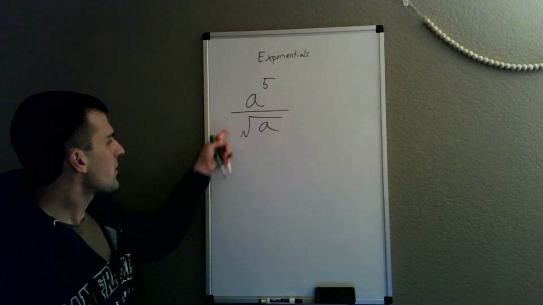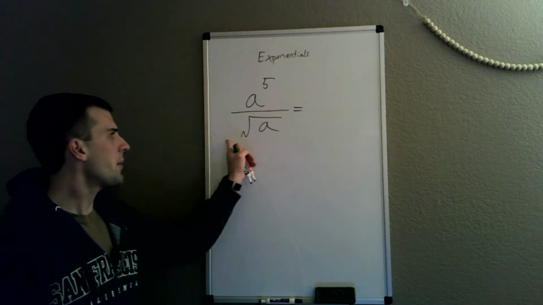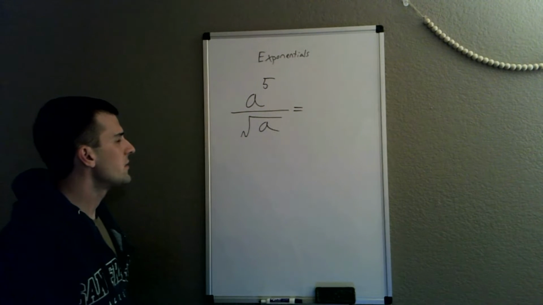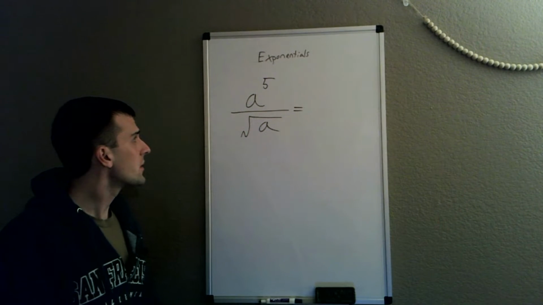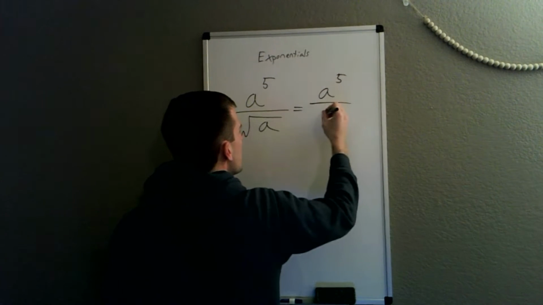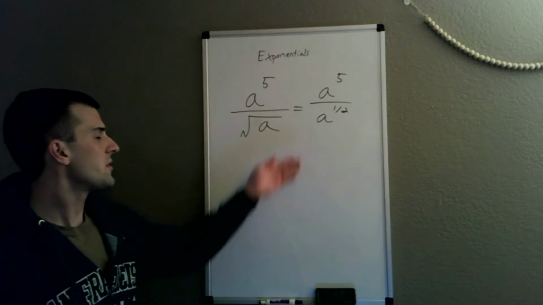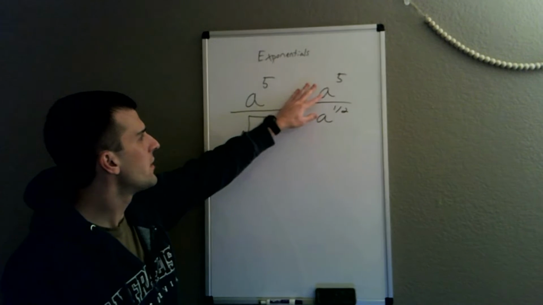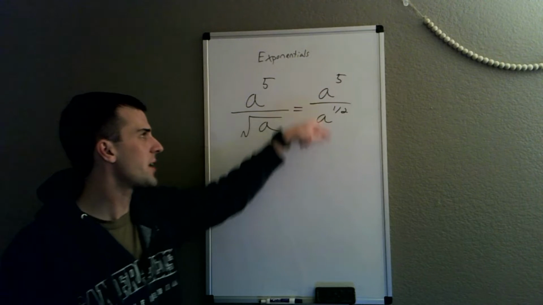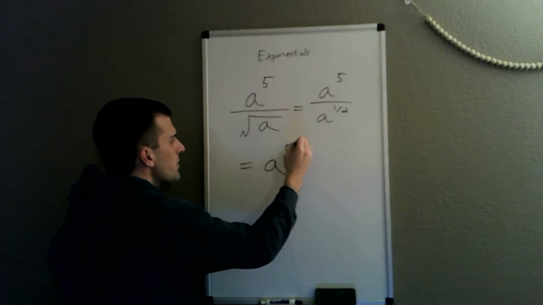So to start off here, the way I would solve this is I would first rewrite the denominator that has a square root as a power instead of just the square root symbol. So I would rewrite this as a to the 5th divided by a to the 1/2. And we can use the same rule that we did before: since we have a base raised to a power divided by the same base raised to another power, we have to subtract them. This is going to equal a to the 5 minus 1/2,